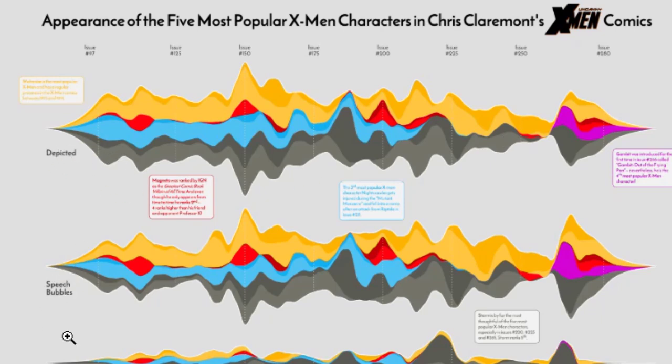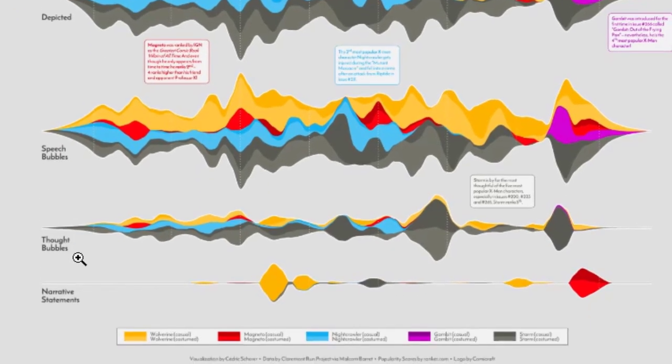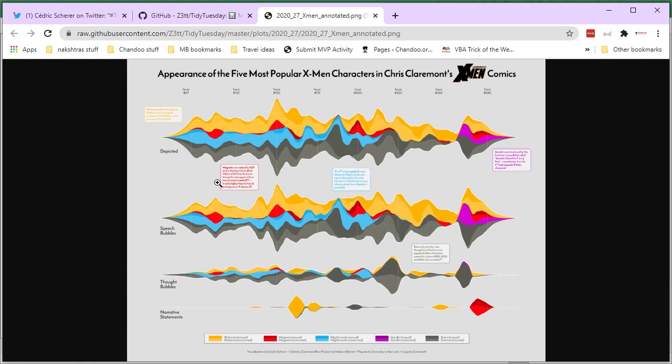They are depicted, they are doing speech bubbles, thought bubbles, and also narrative statements, and this one has all the 4 streams. And obviously Wolverine is colored in gold color, and Wolverine is one of the most popular X-Men characters that is out there,